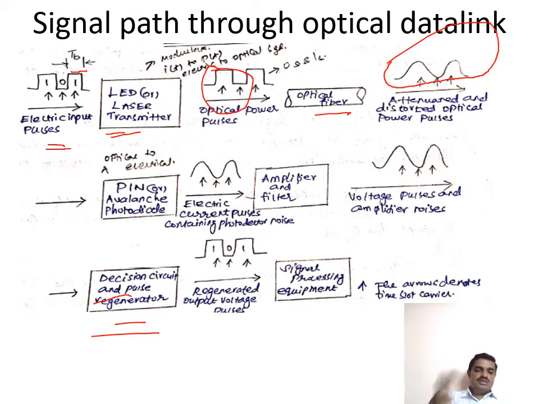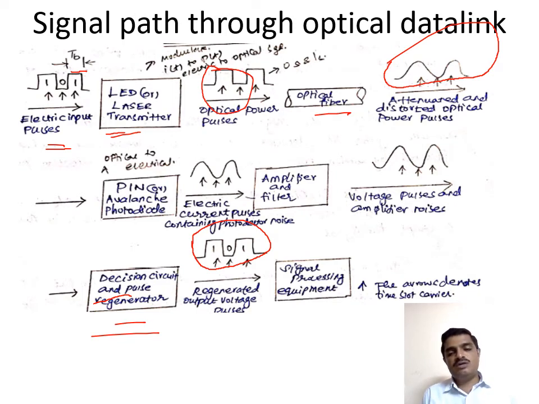which means reshaping the original message according to the input information. That is represented as regenerated output voltage pulses. Like our input, our output pulse also gets reshaped once by using this decision circuit and pulse regenerator, and the noise is removed. After removing noise, the pulse shaping gets changed. By using the regenerator circuit, we can reproduce what we already transmitted in the transmitter unit.